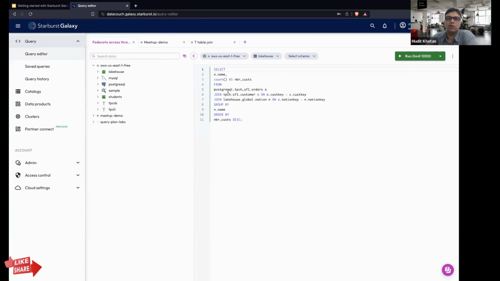There is a Lakehouse hosted on AWS. Then there is a TPCH server, which is basically a static server with data for analytical and optimization purposes. And there is a PostgreSQL server on which the TPCH data is also there. So multiple data sources are there.